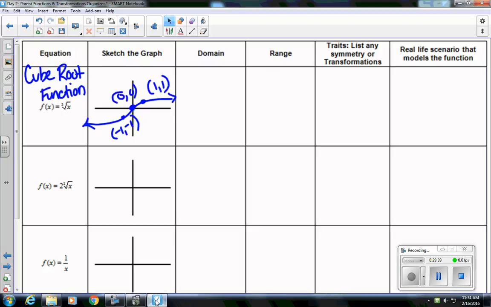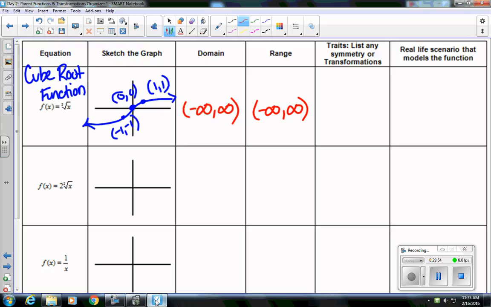So back to our worksheet for domain and range. Our arrows are pointing left and right, so our domain is negative infinity to positive infinity, and the same thing with our range. Both the domain and range are all real numbers. This is our parent function, so we have no transformations, but it does have symmetry. This is symmetrical about the origin, just like its inverse, x cubed, and just like the linear function. The next function, f of x equals 2 cube root of x, is a transformation, so that's for you to